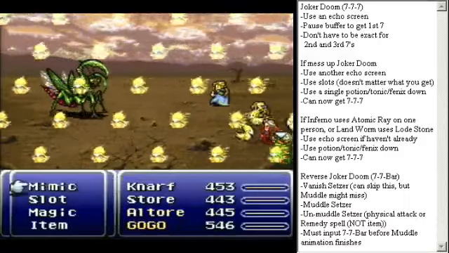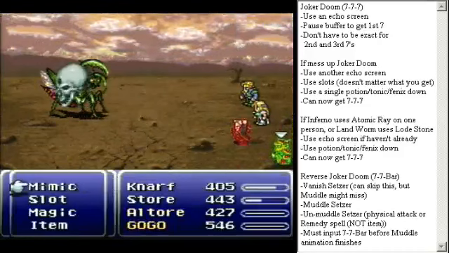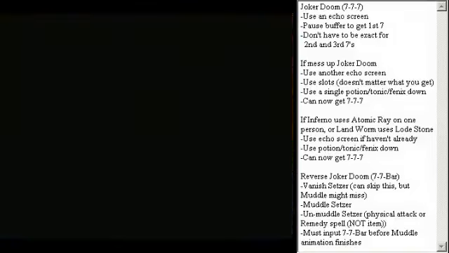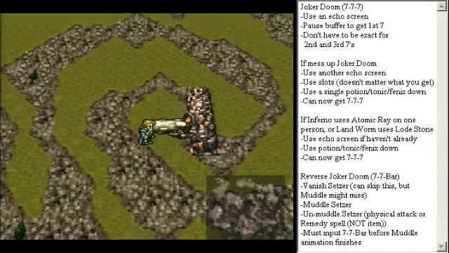Okay. So now he's muddled. So let's attack him, he's unmuddled. And Joker Doom hits the enemy. So you can use that in any battle, as long as you have the muddle spell and some way to